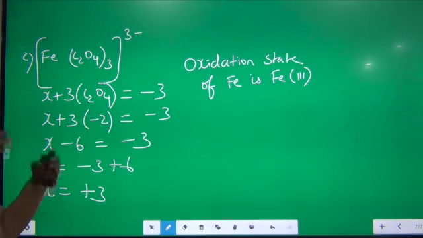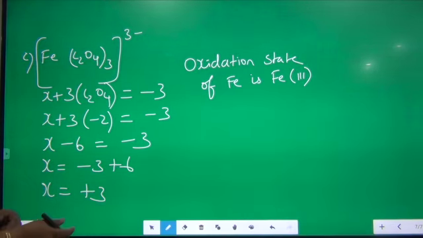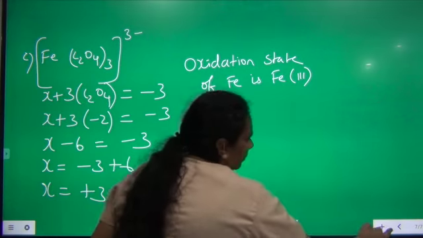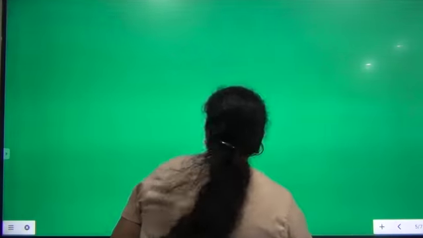So this is how we have calculated the oxidation state or oxidation number of the central metal ion. I defined the oxidation state, then I told the charges of positive, negative and neutral ligands. I gave 3 examples to calculate the oxidation state of the central metal ion. So from this I think that you understood this topic. Then we are going to see the next topic, coordination number.